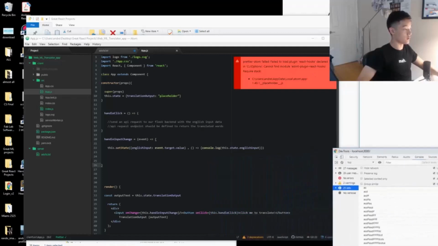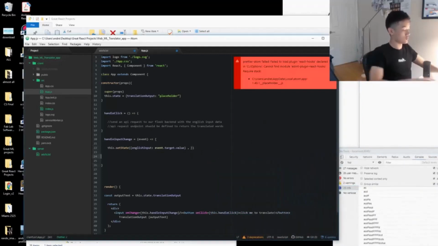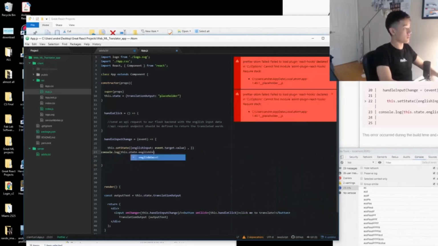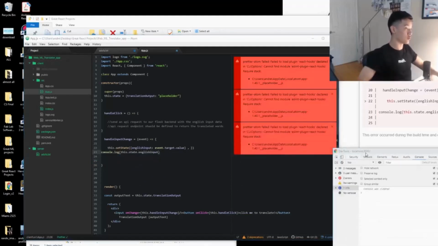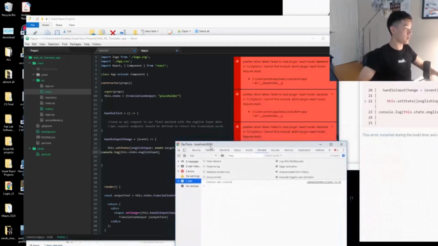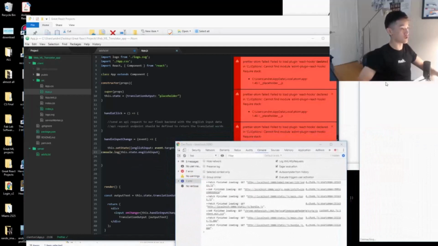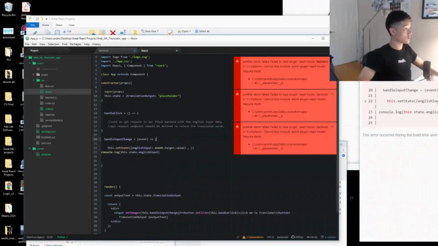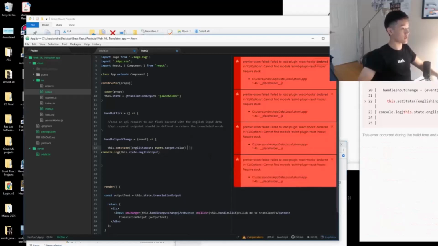Do something wrong here because setting state is asynchronous. And indeed, by the time I typed two F's, it's only one F. So okay, that was a little brief intro to